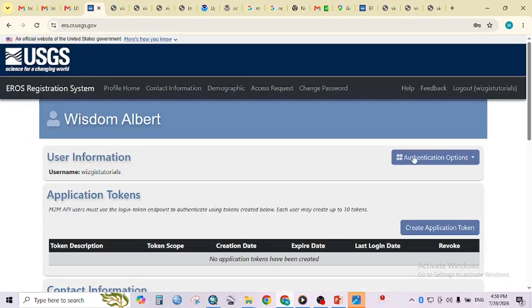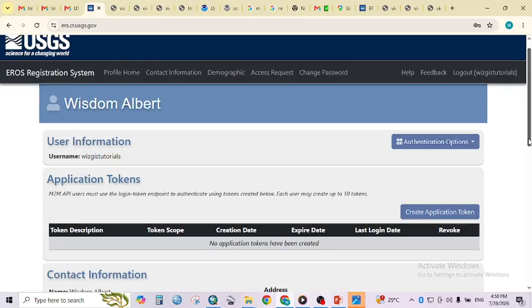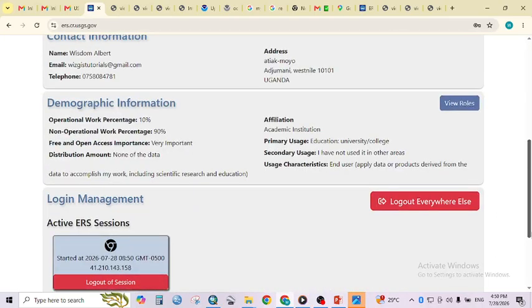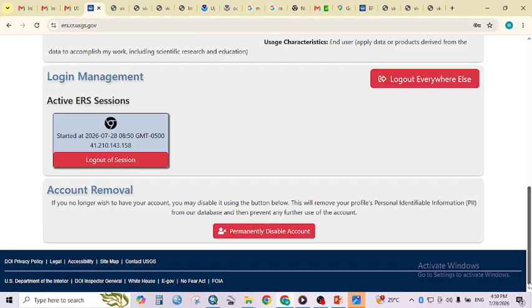Alright guys, I have completed registration of my account and it was successful. So this is just some information about my account, and at this point I have successfully created a new account with USGS EarthExplorer. So the next and the final step of this 5-step workflow on how to create a USGS account is to